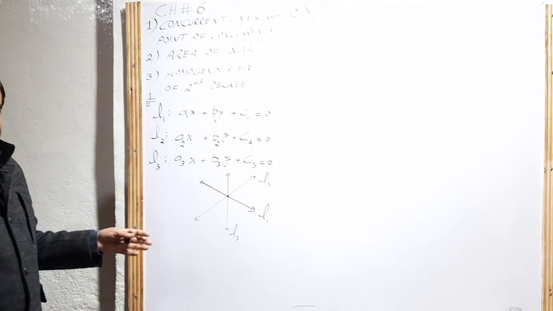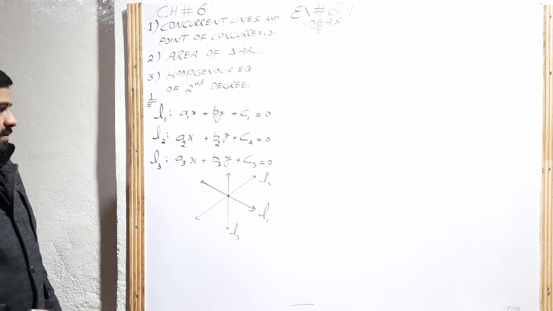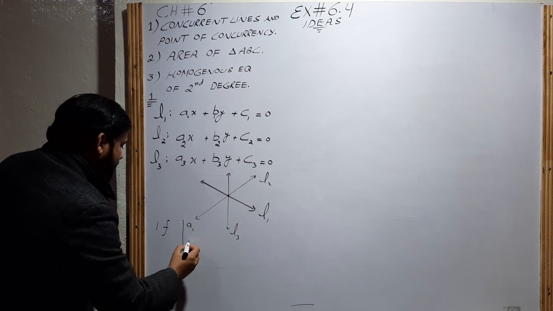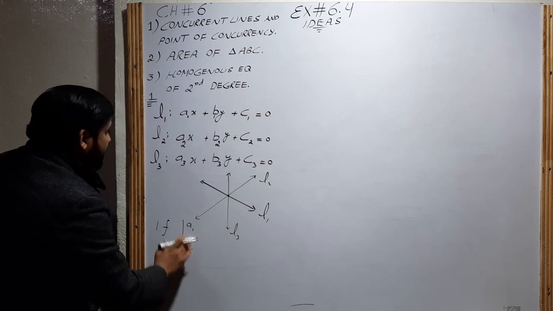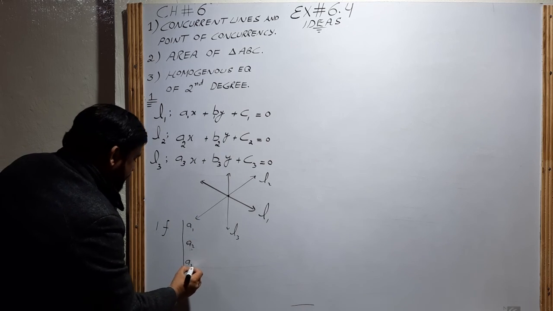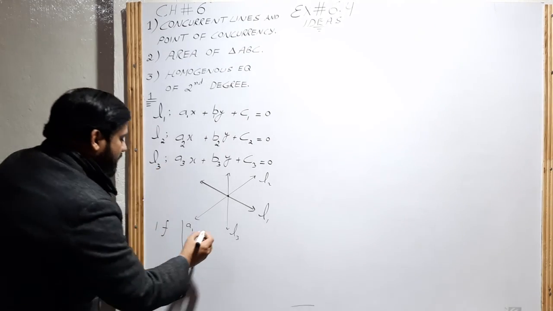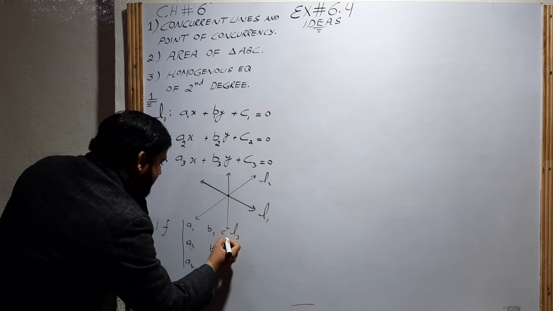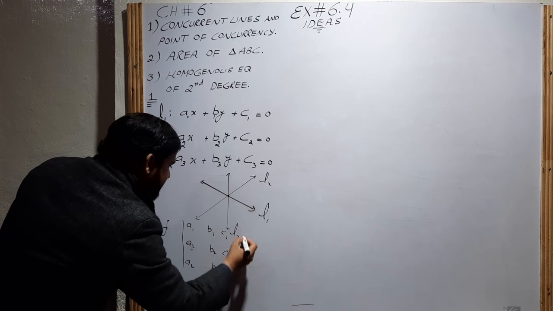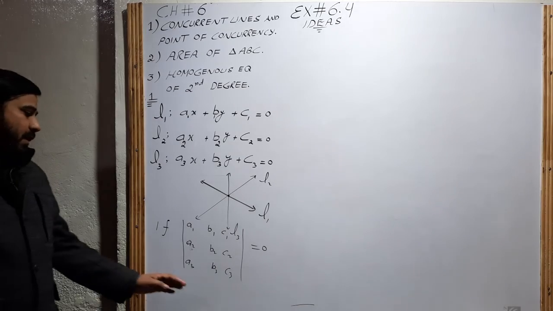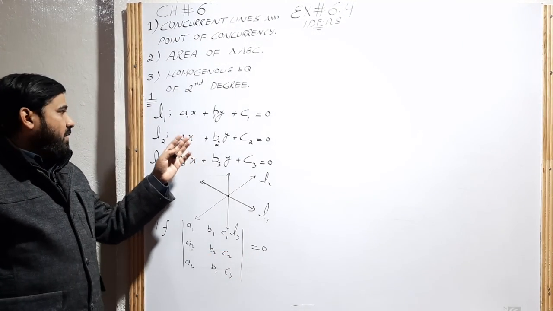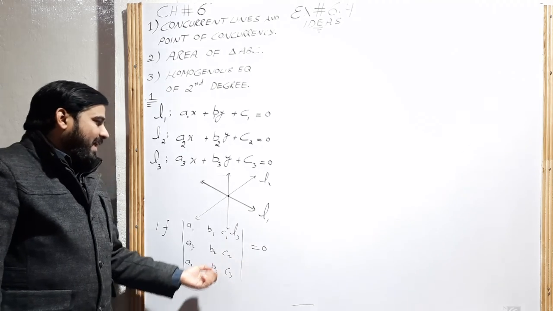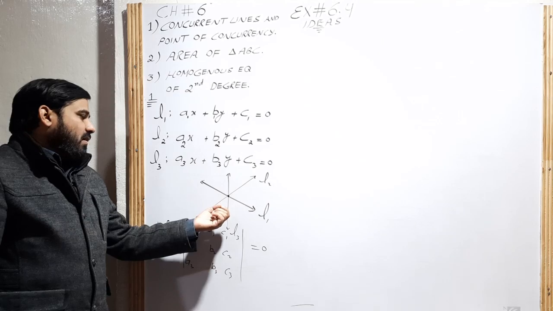How do we find mathematically whether the lines are concurrent? The mathematical result for concurrent lines is that if we write A1, A2, A3, which are the coefficients of x, and the coefficients of y, B1, B2, B3, and C1, C2, C3, and the determinant is equal to 0, it means that all the coefficients of lines L1, L2, L3 are such that the determinant is equal to 0, and the lines are concurrent, and graphically